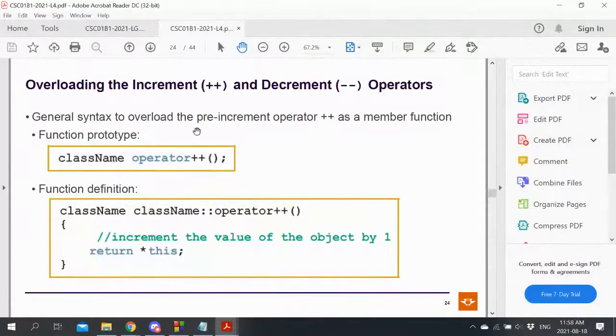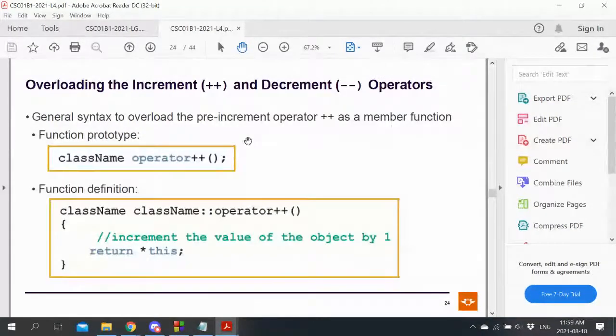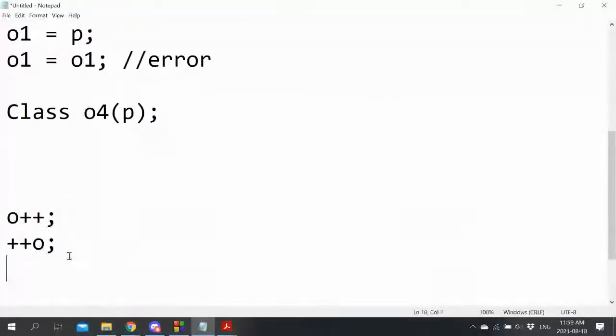So here's the example with plus plus, and as I said, there's really four of these things. There's plus plus before, plus plus after, minus minus before, and minus minus after. The default is the pre-increment version, right? So plus plus the thing. It doesn't have any parameters. As we said, its job is to modify and then return the modified state. That's what we're returning at the end. So think about that. Plus plus actually does have a return value.